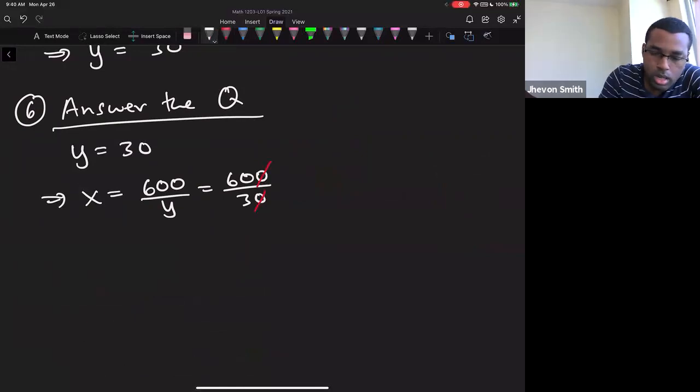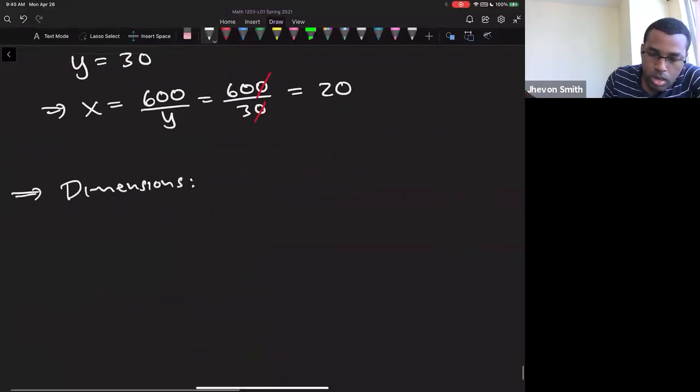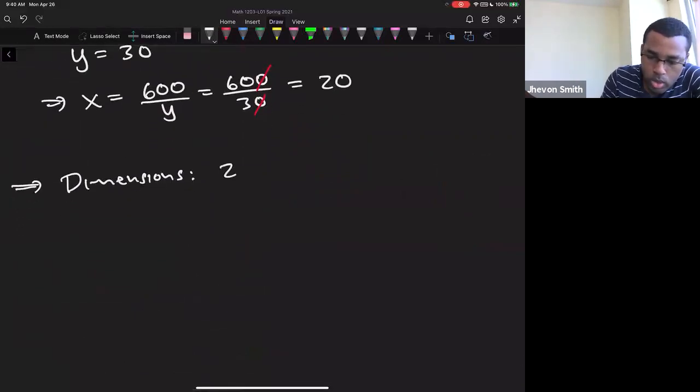That's 3 into 60. That is 20. So this means dimensions. It's going to be a 20 by 30 foot enclosure